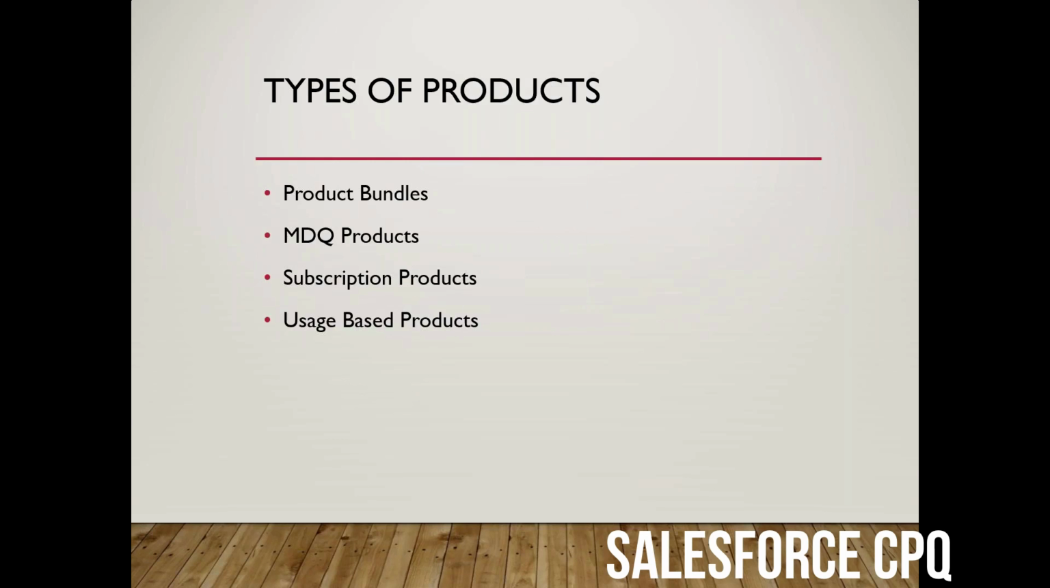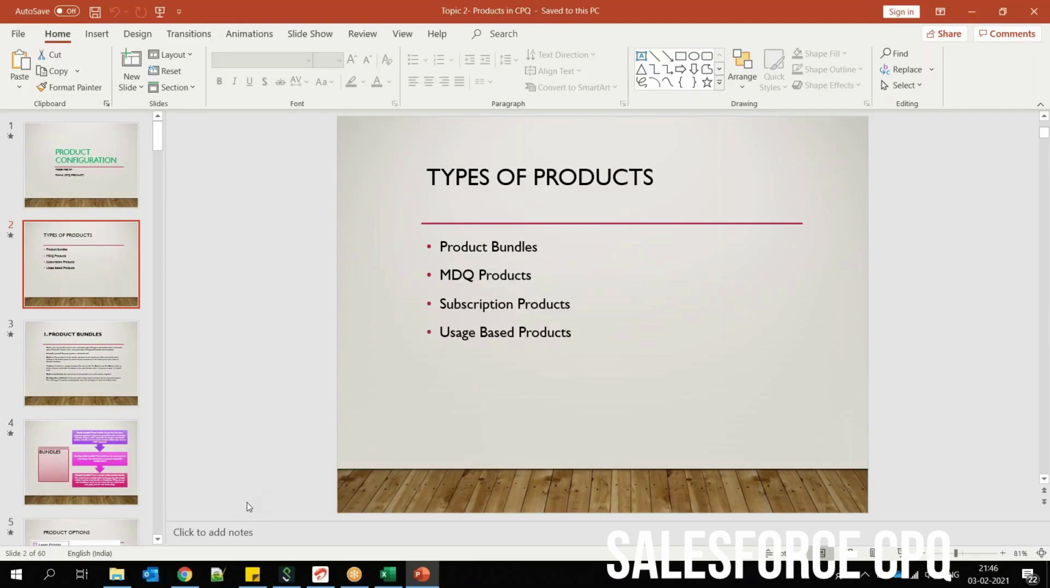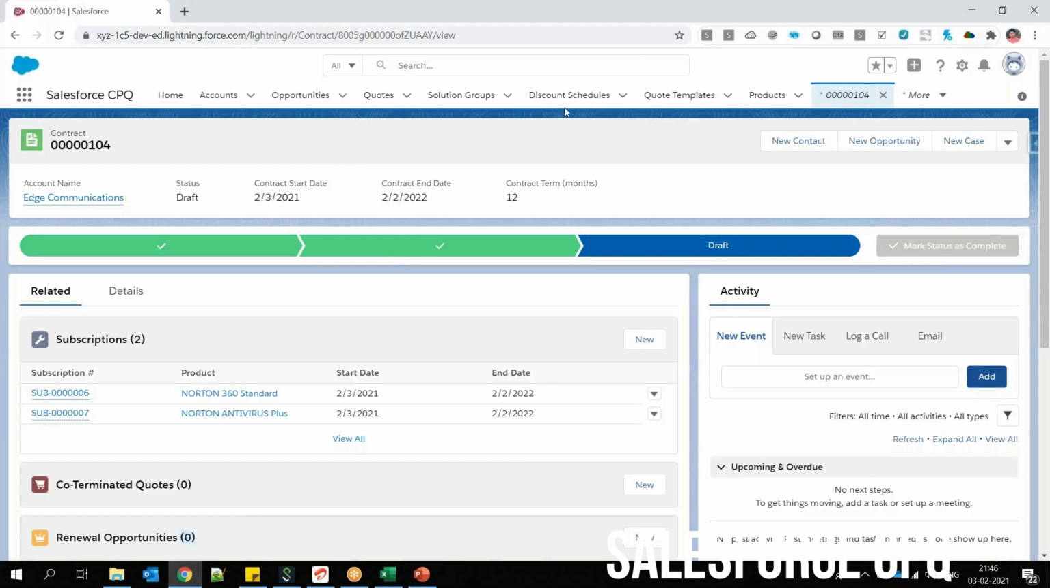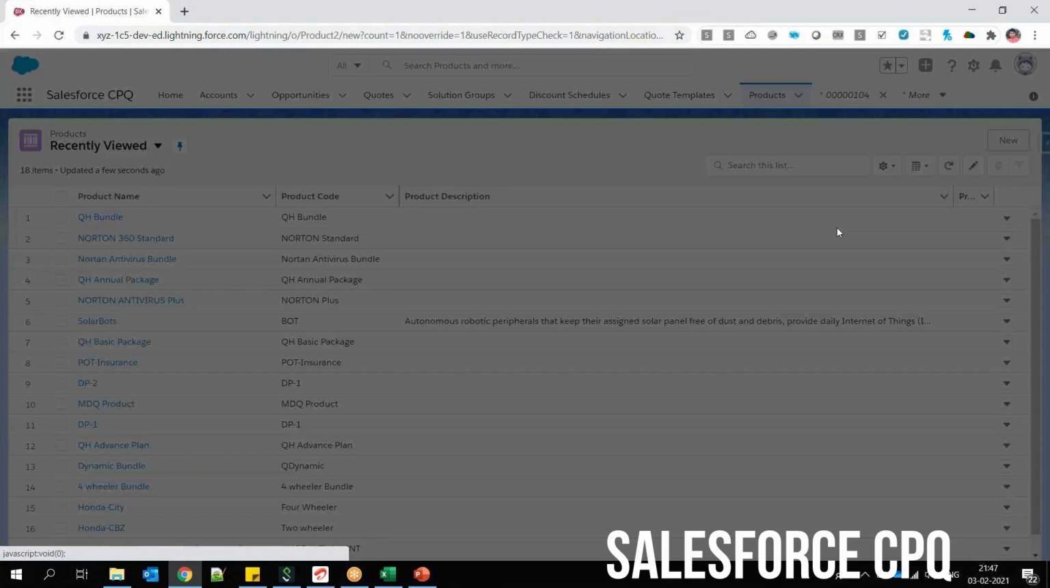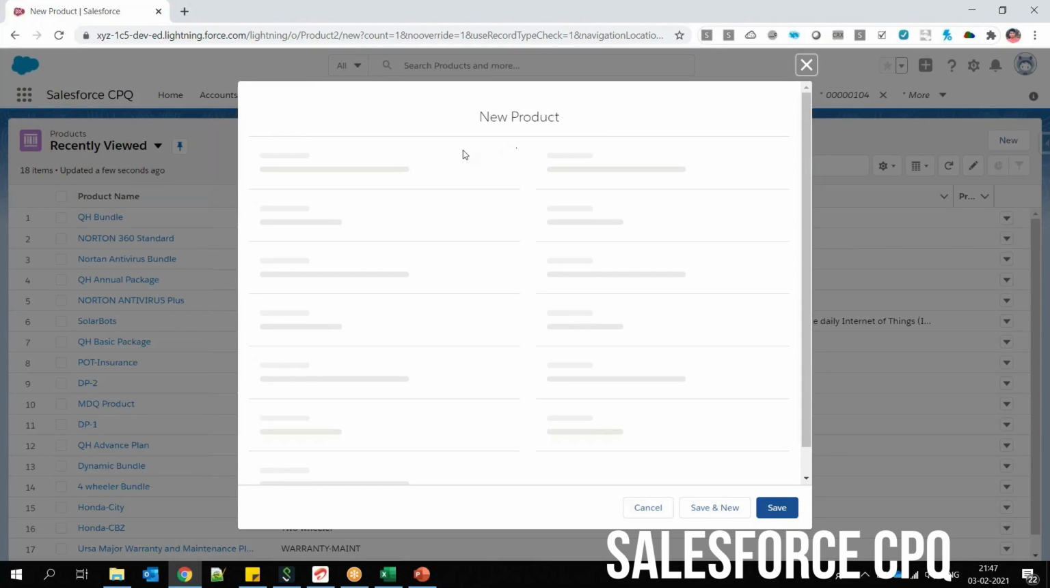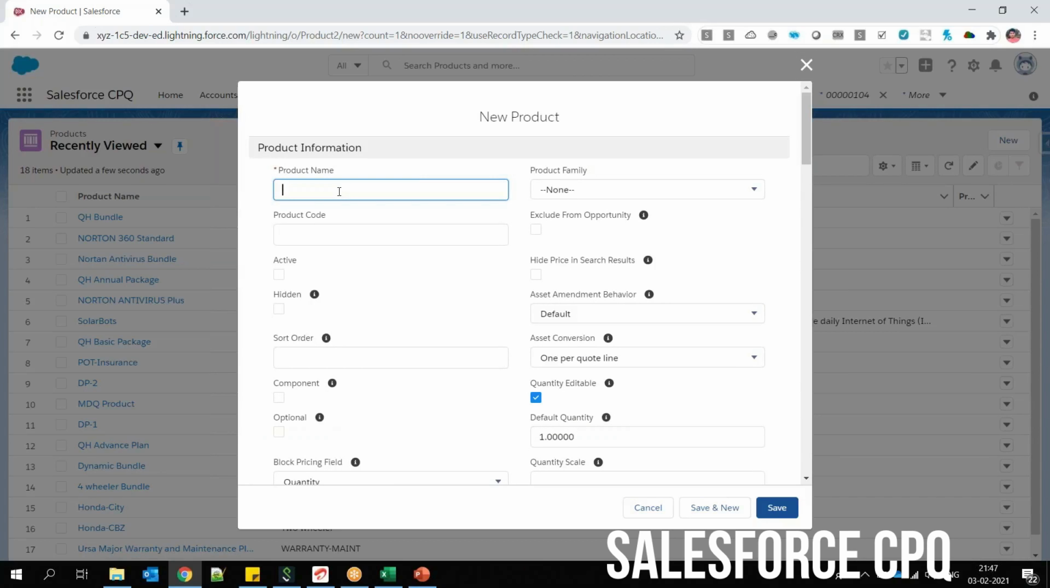Okay. So let me go back and let's create one simple product for your purpose, and then we'll create an opportunity and quote. If you want to create a product, let's take one example. You will click on the product screen and create your own product. So I will say, let's create one product for